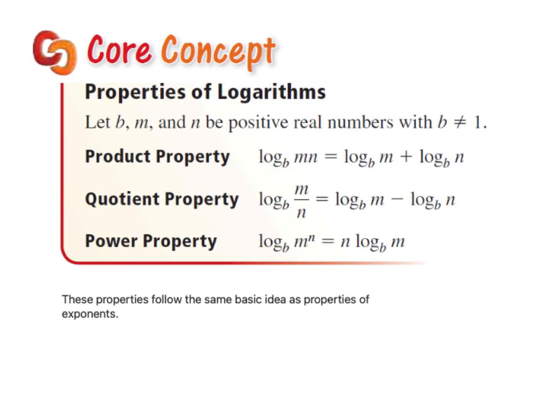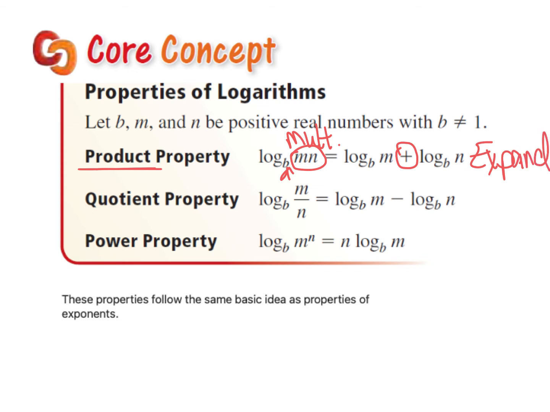So our properties of logarithms, just like we know our properties of exponents, start with the product property. Product means multiplication, and if you look, you have log base b of m times n. That right there is multiplication. And if you think back to our exponent rules, when we multiplied, we used addition to simplify. We're going to do the same thing when we're expanding. So if we had log base b of m times n, where you're multiplying, to break it apart or to expand it,